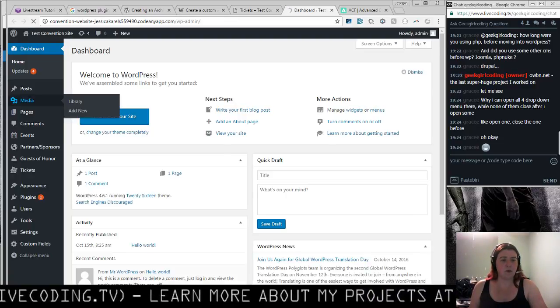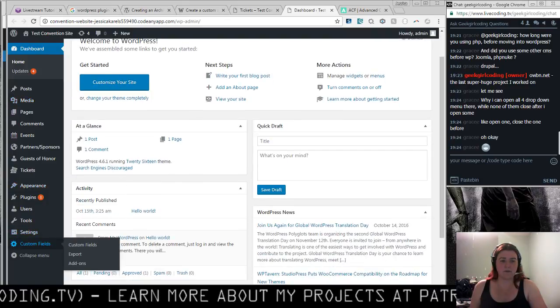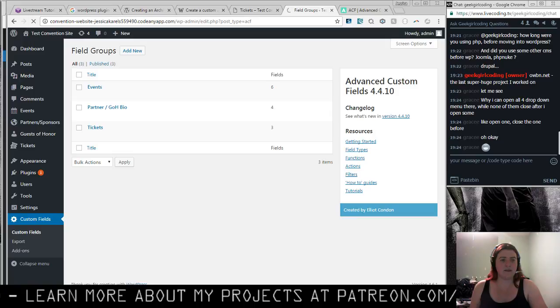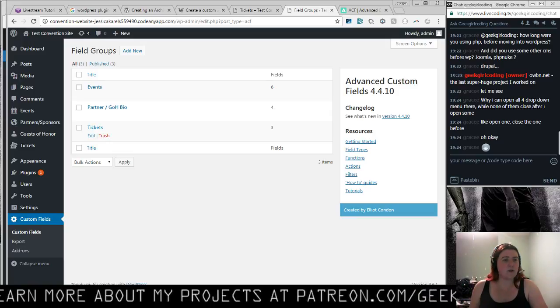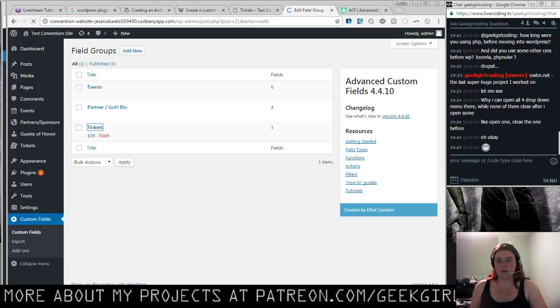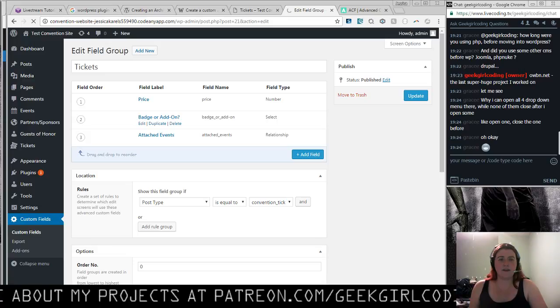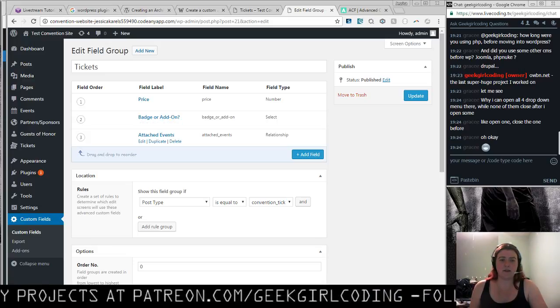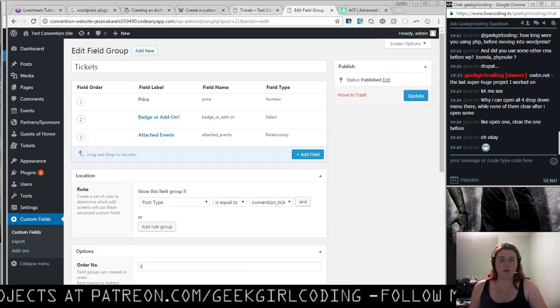then if you go over to custom fields, and go over to tickets, this is going to show everything. So we have price, add-on, and attached events. So what we are going to do